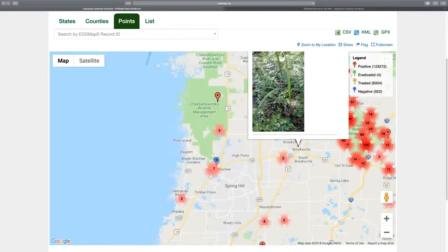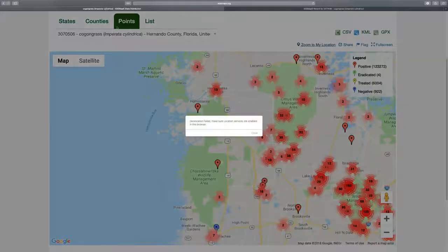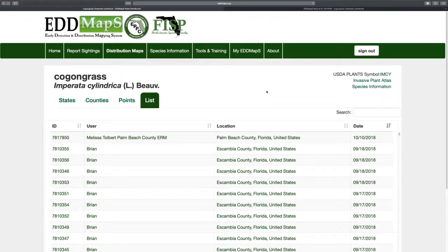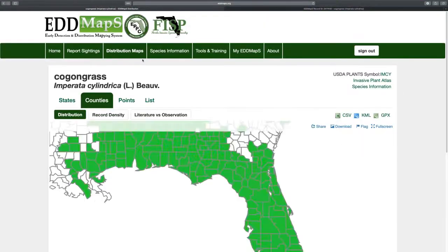We've also added the ability to search for a record. So let's say I'm looking for that record right there. I'm able to search for it by record ID and actually jump to that record when I do it. You also can view those points within a species in a list view. So you can view a list of all the reports that have come in, as well as the county